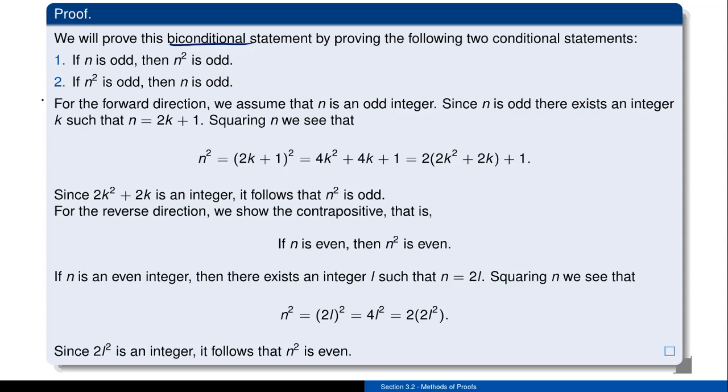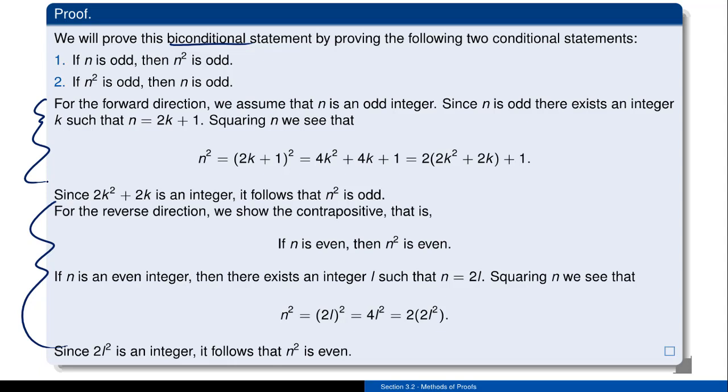And then it turns into two little proofs, and I like to indicate which direction I'm going with by simply saying for the forward direction. If I'm doing it on pencil and paper, I'll sometimes do this little forward arrow with little quotes around it, saying okay, I'm doing the forward direction. So for the forward direction, I'm going to assume that n is an odd integer. And then I'm just going to basically copy and paste that proof that I had from earlier in the course,